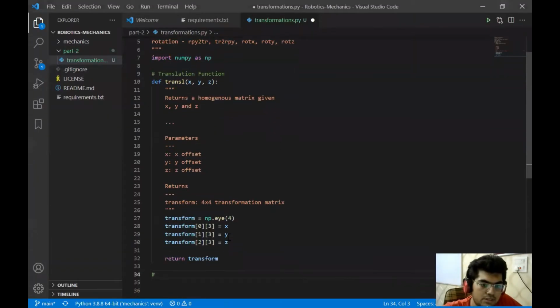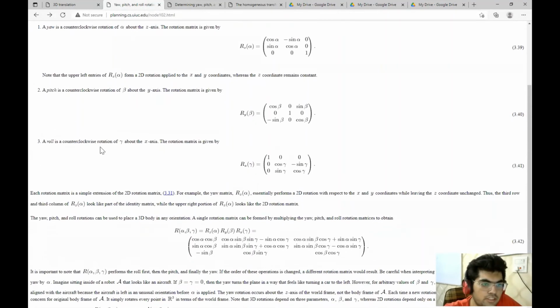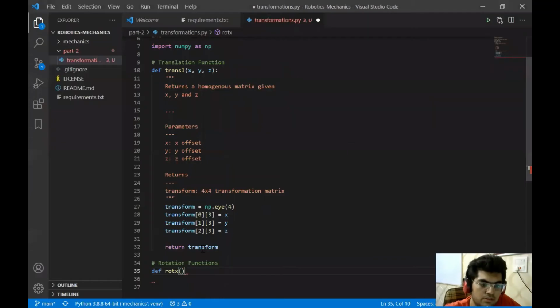Okay, then let's do this. Now, to have rotation functions, we need to define rot X, and for rot X, for the rotation in X, we call it a roll angle, and that's what we're going to do. We're going to have a roll angle over here.